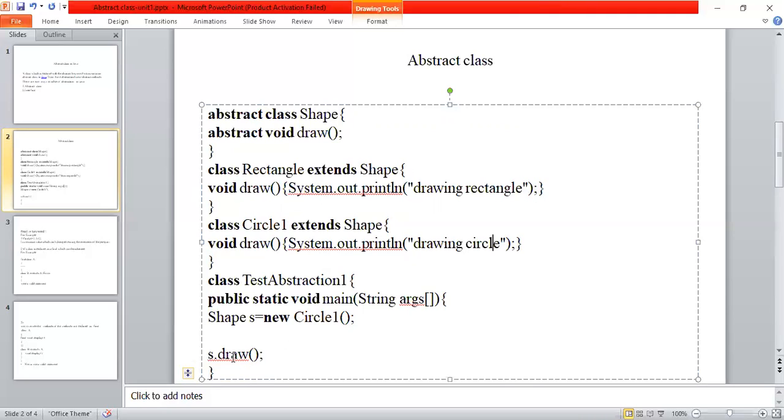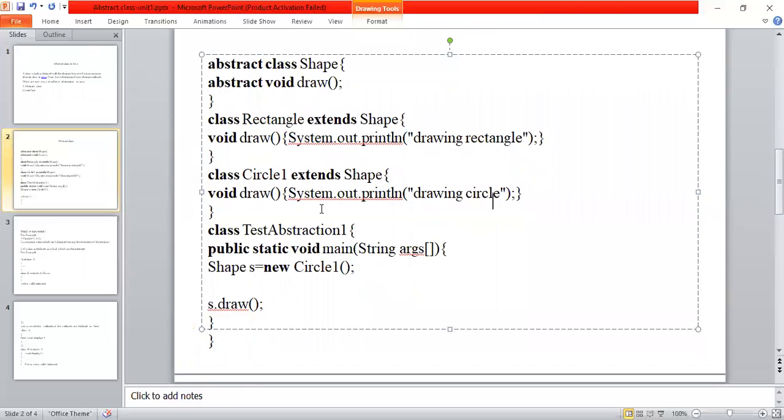So here s.draw calls the draw method of the Circle class, which produces the output draw circle. If you create an object of the Rectangle class, then it will draw a rectangle. Like that, we can create the body of the abstract method differently in different scenarios, which is called abstract class.